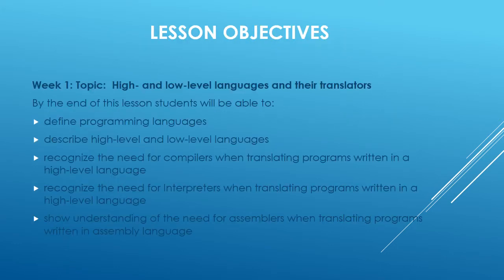Let's discuss the lesson objective. For week 1, our topic is high and low level languages and their translators. By the end of this lesson, you will be able to define programming languages. You will be able to describe high-level and low-level languages, and differentiate between these two. You will be able to recognize the need for language translators, that are the compiler, interpreter, and assembler. So let's start